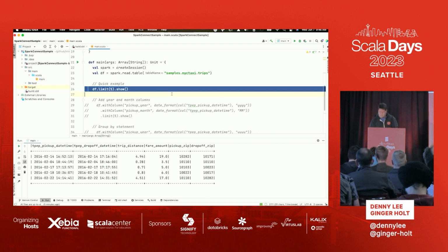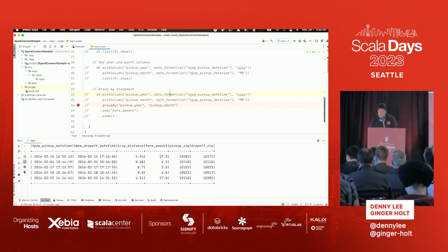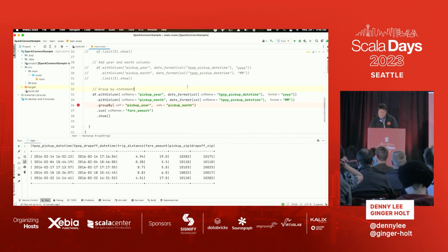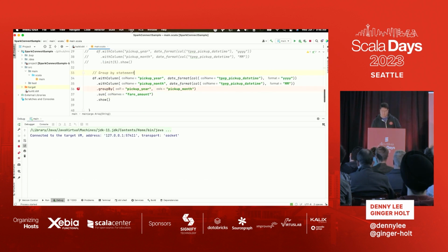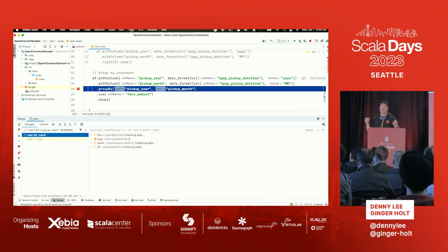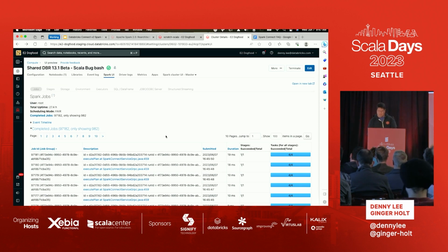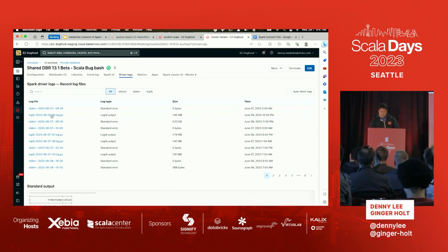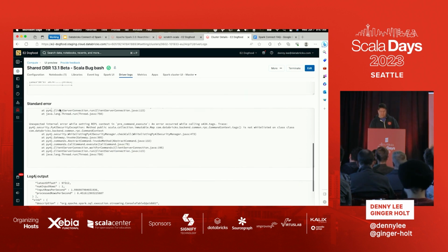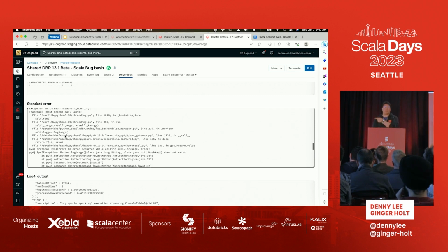So let me go ahead and run that. How many of you have run Spark code and thought to yourself, you love the error messages? Good. All right, that definitely was a trick question. It's hard because when you go to the UI itself, the query actually ran. But if I go look at the driver logs, here's the standard output, here's the standard error. Everybody loves looking at this, right?